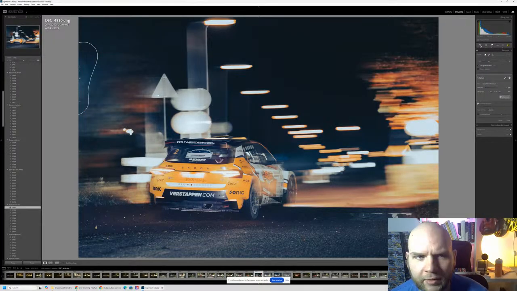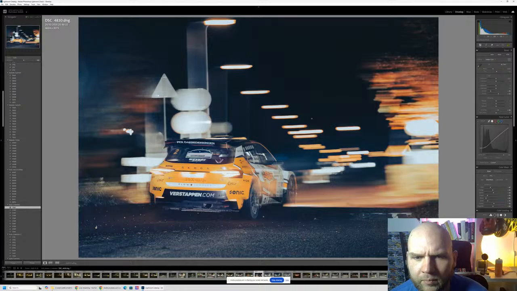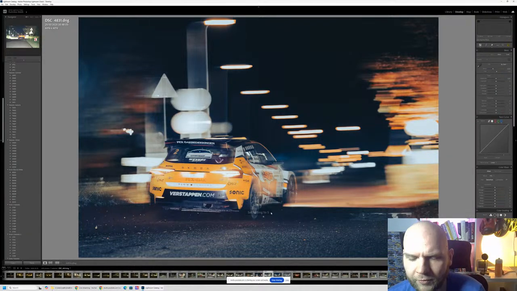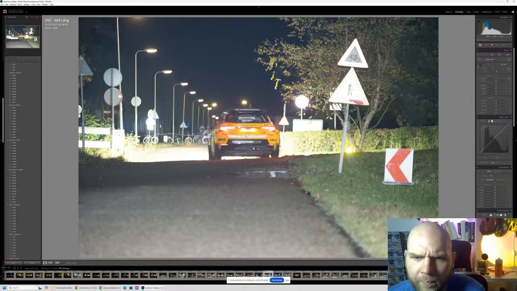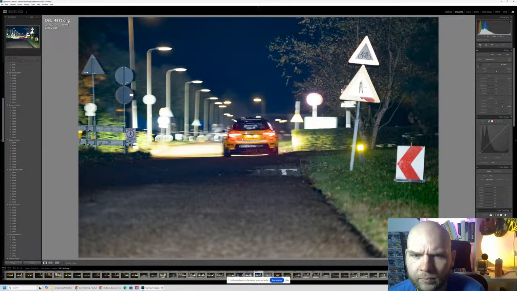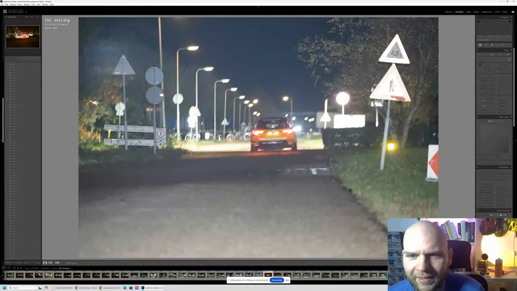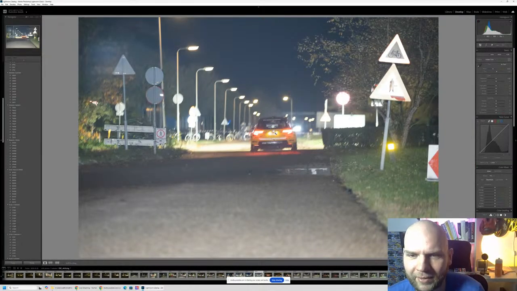Okay, let's leave it like this. What I want to do is a little bit more contrast. Okay, that's our photo. I think a few photos are left, and by the way, that's also good. But I'm not going to use it. I did this same car a few times because